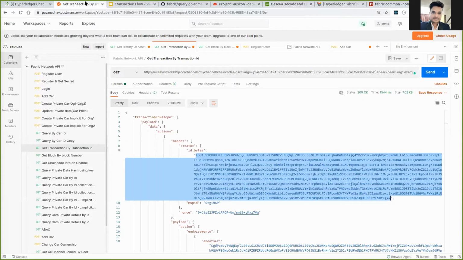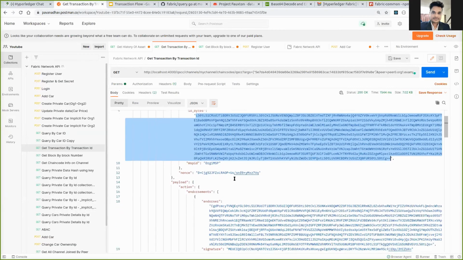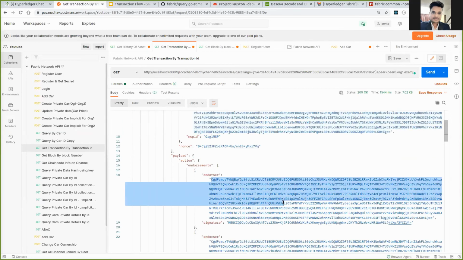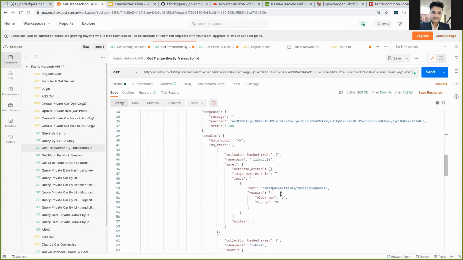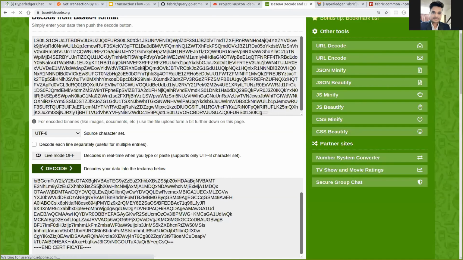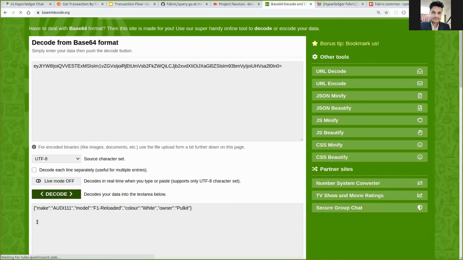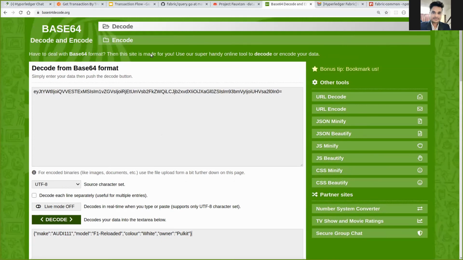And in Postman you can see this is exactly the same data. In Dosar again we have the certificate here as well, and in this way we can get all the information like the payload. This is again the encoded form of Base64. We can decode this data as well. I'm just showing this part as well. This is the payload, how exactly it looks when we decode this data. You can see this is the object having make, model, color, owner. These are the different information we already have.